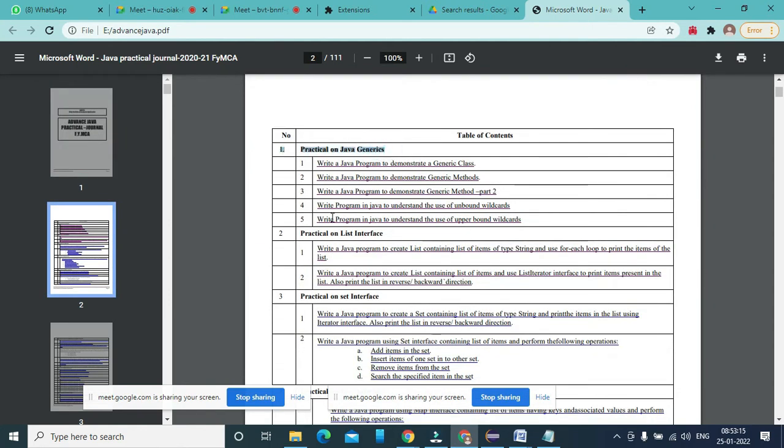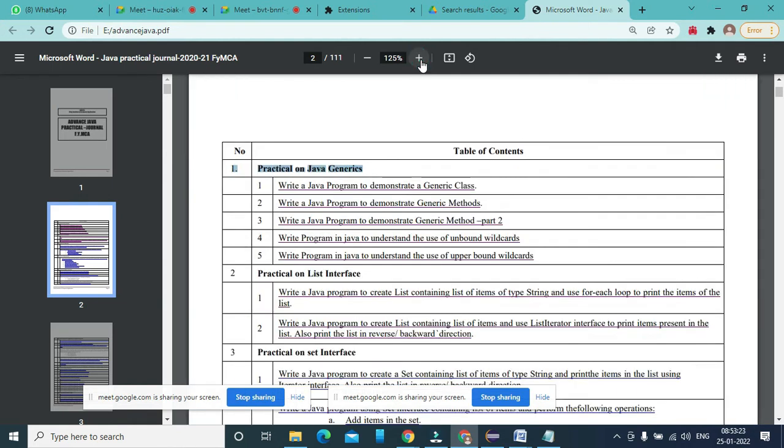I'm going to complete these 5 practicals and explain all of them, and you are supposed to do these practicals on your own and create this journal here.